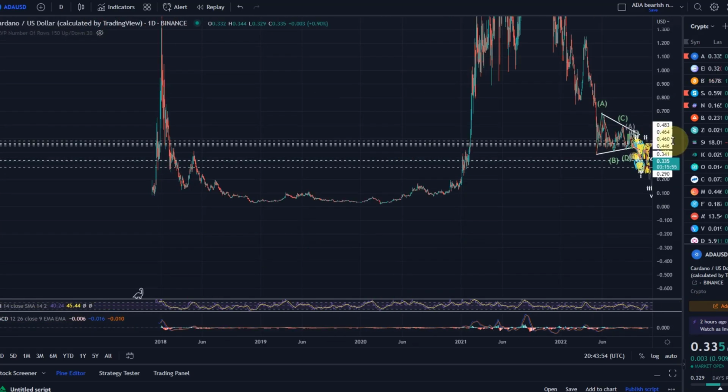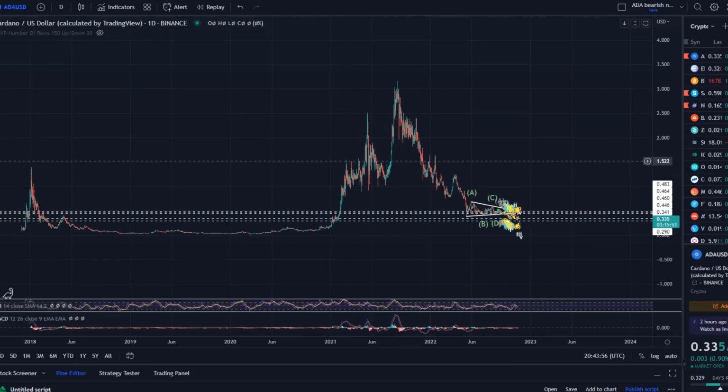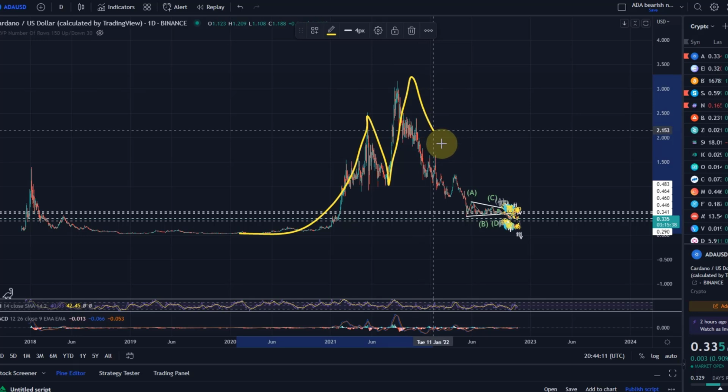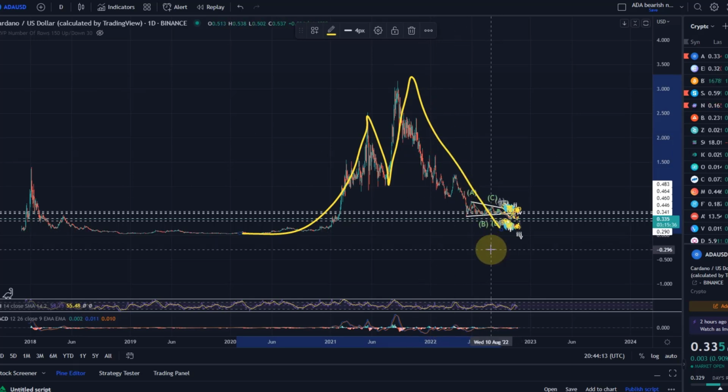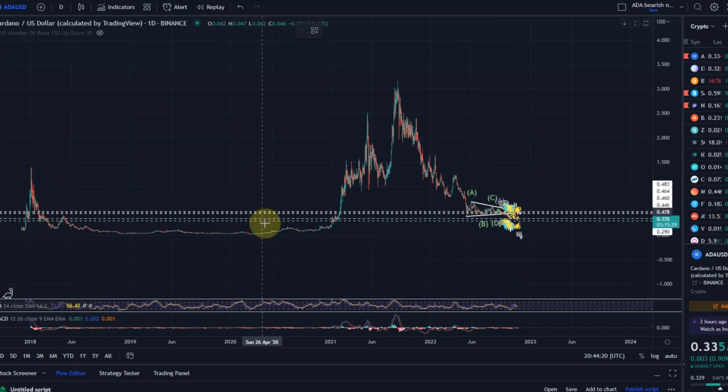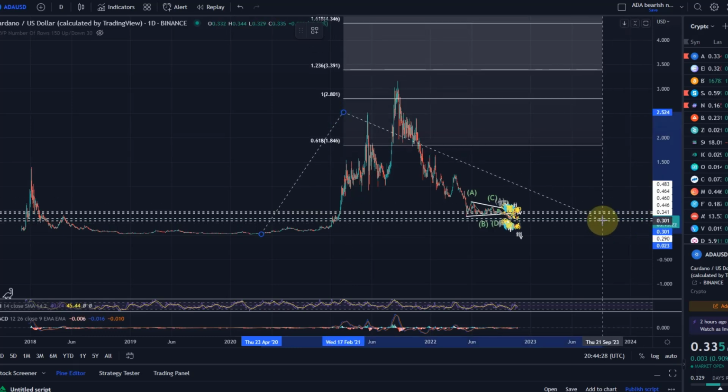Now let's take a look at the longer term price action, because a lot of people asked for price targets for the next all-time high. This is a chart in which I normally only focus on the short-term price action, so I haven't labeled the long-term chart here, but the view is that this was a larger wave 1, which peaked back in May, and then we had an A, overshooting wave B and a C wave in a wave 2, in which we probably still are. And based on this assumption, we can actually calculate a price target now, and we do this by taking that low. It doesn't need to be 100% exact, but just to give you some kind of a guideline.